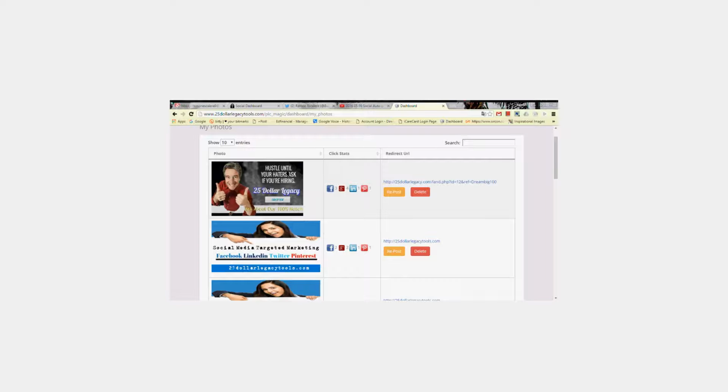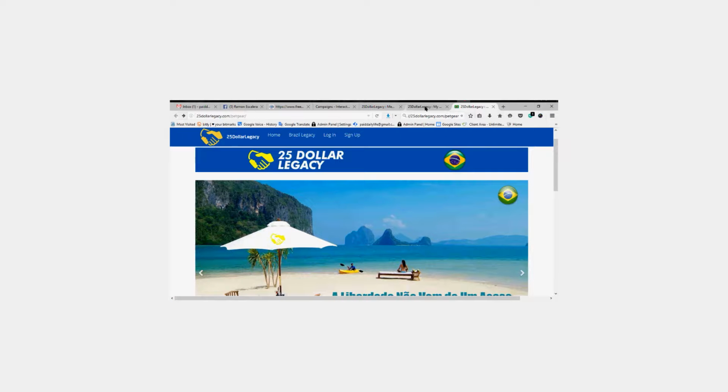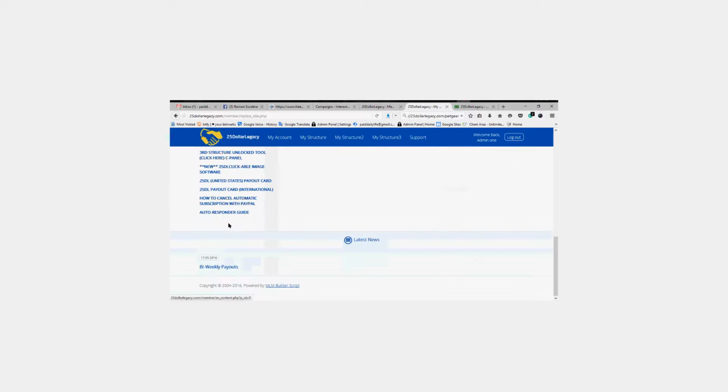If you're an upgraded member inside the Legacy, the clickable image software is only for upgraded members. You log into your back office in the Legacy, and you're going to see it again right here. Click on it, register. Again, we research your email. The email that you have with the Legacy will be researched, and make sure you are an active upgraded member. If you're an active upgraded member, we will then unlock you to start using the clickable image software. That is at no cost to you.